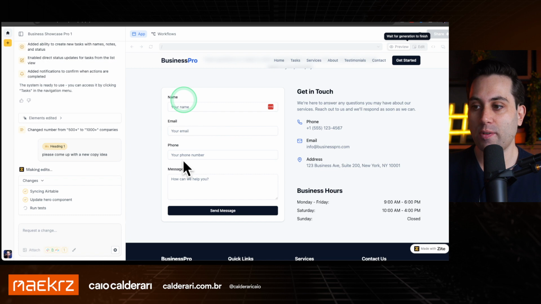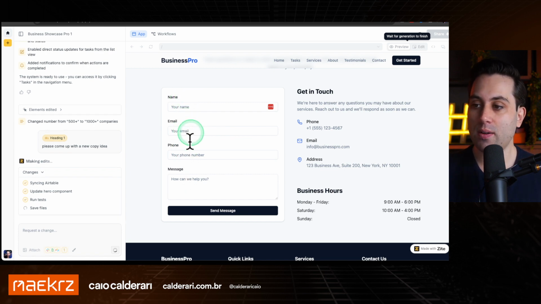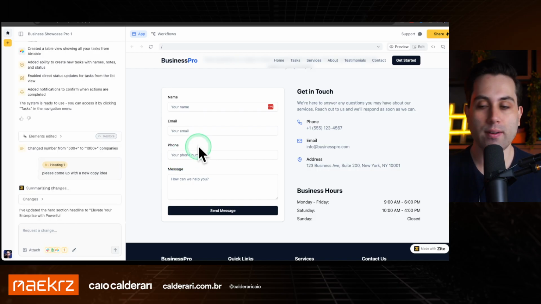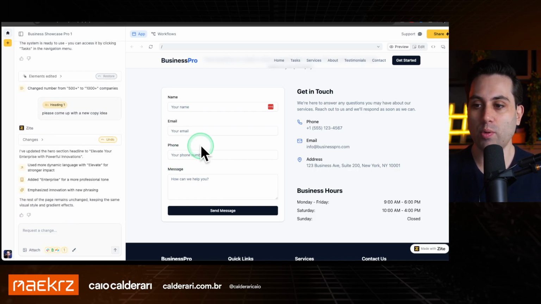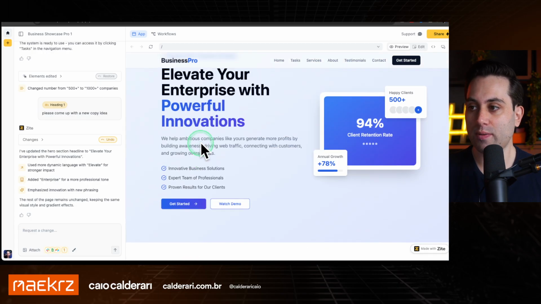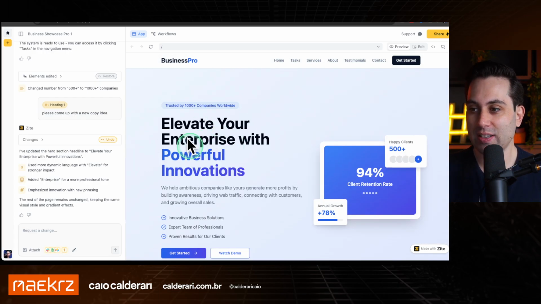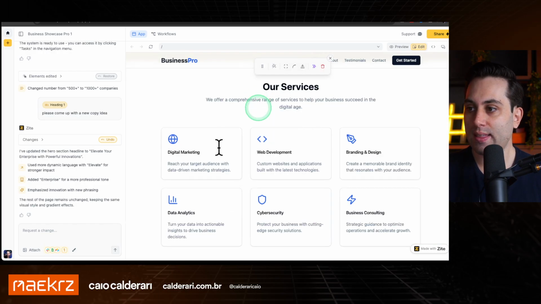Instead of name, phone, and message, I just want name and email, and I want a drop-down field that will have a few options. It will do it for you. Let's see the changes. Okay, so it changed the copy here with a new one, which is great, so it works. So as we can see, we can select the entire section, and depending on the section you select, it will give you